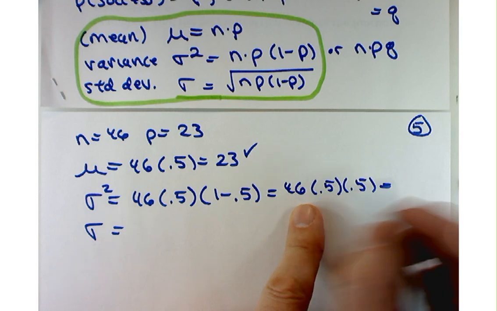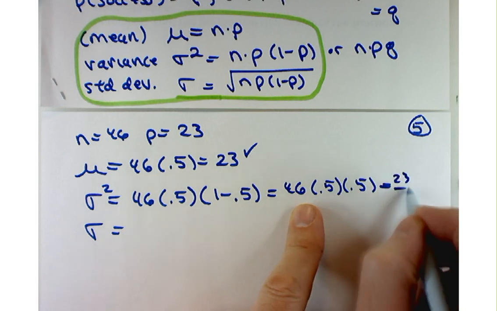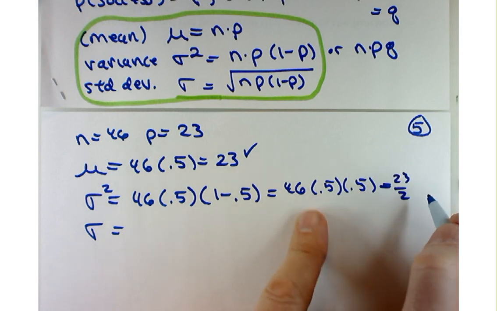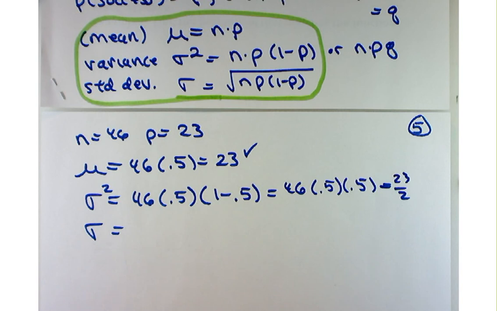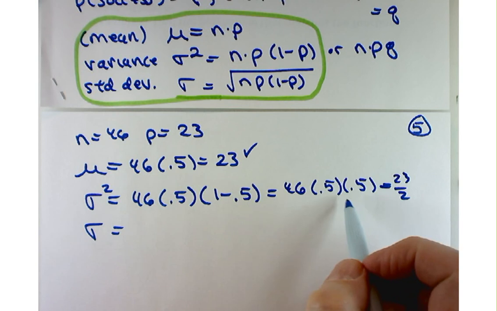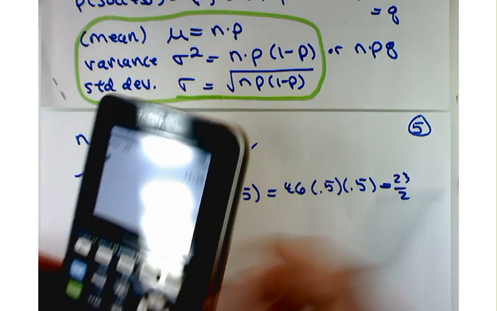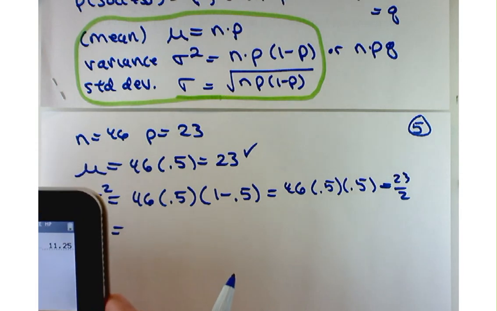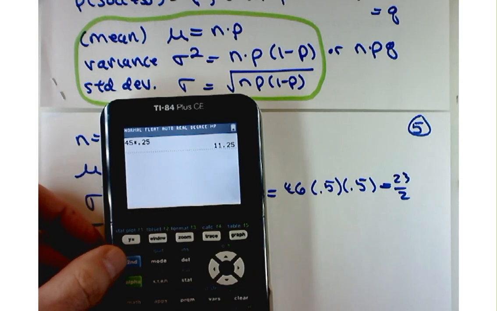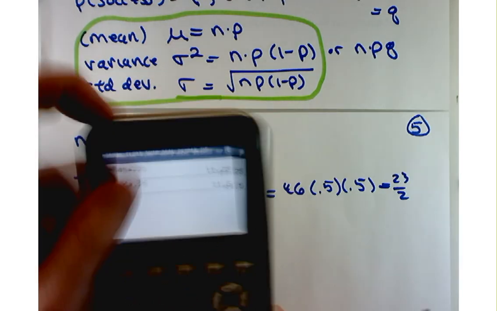be 23 over 2. That's what I did. I just didn't write it as parentheses 1 minus 0.5. I just wrote it as 0.5. Yeah, 0.5 times 0.5 is 0.25 times 46. Oh, I typed in a 45 here. All right, that's part of the problem. 46 times 0.25, still low. 11.5